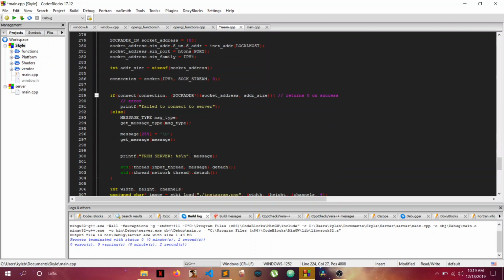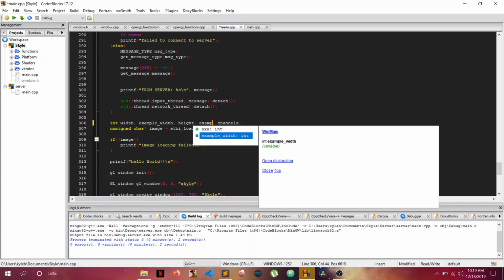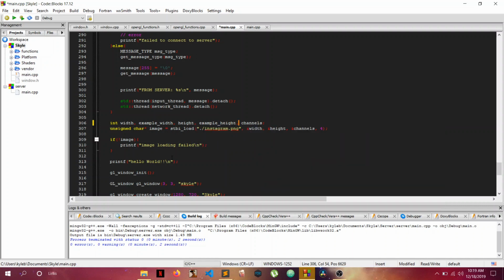So I'm just gonna create example, so these things here we have, I'm going to create something called example width, and then I'm going to create something called an example height. It's just before the example image that we're using. Remember the picture I showed you just now? Example height, and then example channels. And that should be fine. And then here, what we're actually going to do is, in the else part of this, we're going to